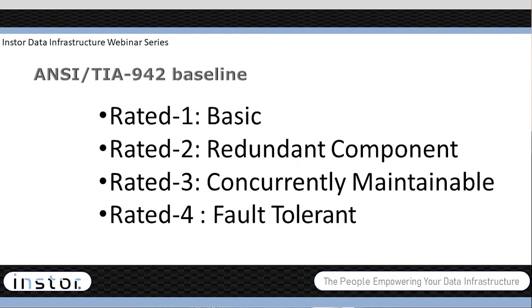4 ratings, starting with rating 1, which is basic. Basic means that this data center is susceptible to disruptions from both planned and unplanned activity on the distribution path and equipment, because they don't have any redundancy of paths and equipment. It can be disrupted because there is no redundancy. Of course, it's a single path, no redundant equipment, no compartmentalization, and the security controls are very limited. This is the rating 1 baseline. And depending on your business, rating 1 may be good enough for you.